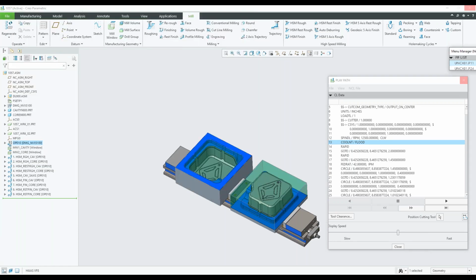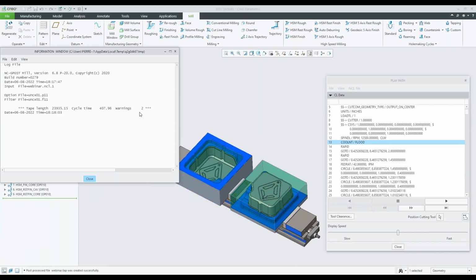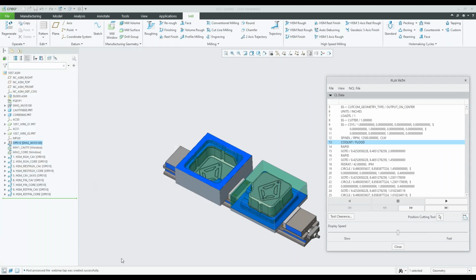Okay, so that's generating the code for me. So I see I have two warnings here. Might be the last two. I think those are 5-axis toolpaths. Might have the wrong version get loaded, but that's okay. So let's close that and let's go into